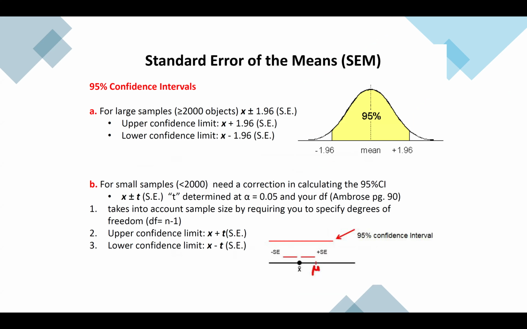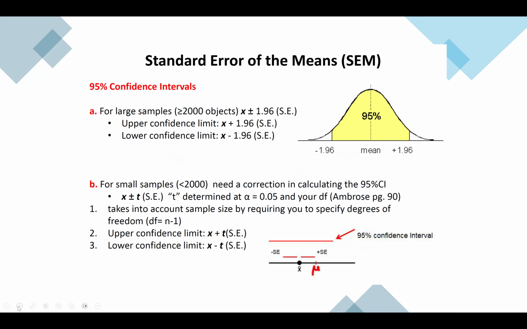So we use what's called T. It's determined by alpha, 0.005, and your degrees of freedom. Degrees of freedom is the number of samples minus 1. So if you had 10 samples minus 1, you have 9 degrees of freedom. That's what your upper and lower confidence limit is, plus standard error. All right, so I know this is like, whoa, what is all this stuff? But it's important. You just kind of need to have it in the back of your head so you can understand what it is. You will get better at this. When I first learned it, I cried and I was like, how am I ever supposed to remember all this